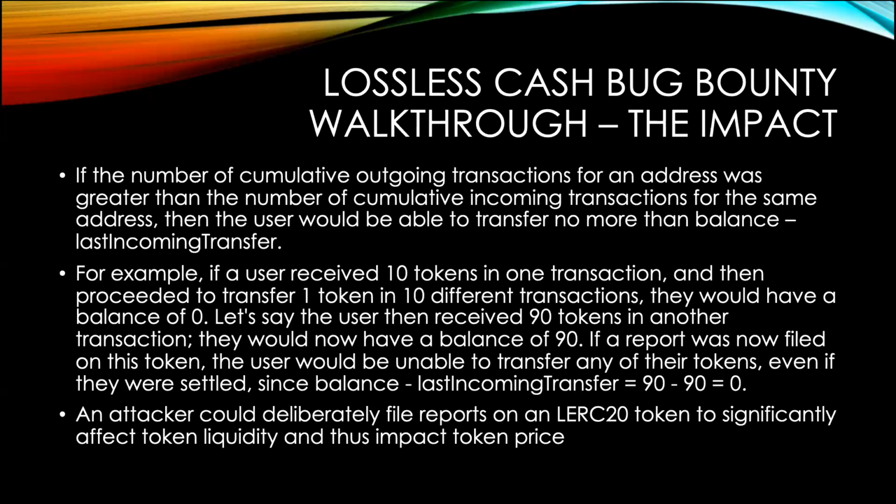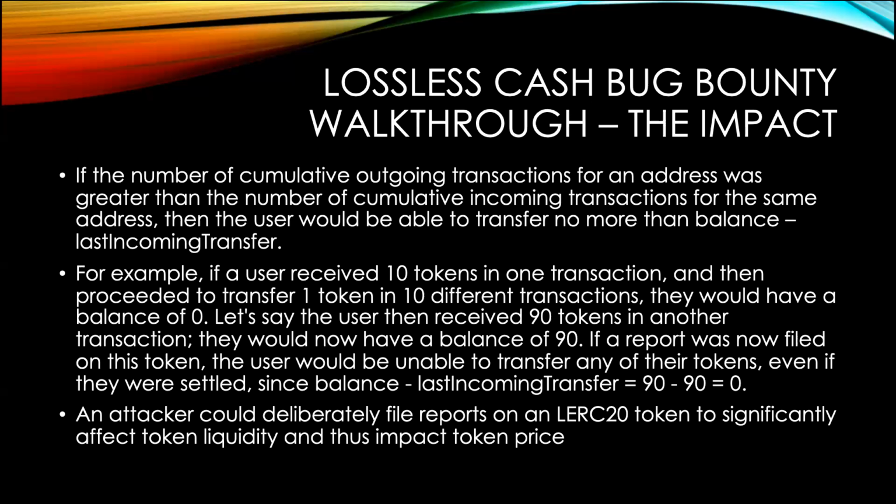The result of this is that the user would only be able to transfer no more than balance minus last incoming transfer. So there's an example where you have 10 tokens and then you transfer one token 10 times. That's 10 cumulative outgoing transactions, so that increments the lowest checkpoint by 10. Now it points to an empty storage slot. You now get an incoming token transfer of whatever that is, but now balance minus last incoming transfer is 0, which means that a user can't transfer any of their tokens,